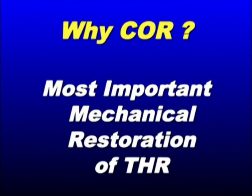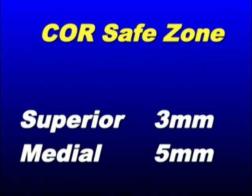The advantage with the robot over a computer is the center of rotation. And as I said at the beginning of my talk, I really think the most important mechanical restoration in hip replacement is the center of rotation. The center of rotation is so important because if we restore it, you also have a much easier time getting leg length and offset correct. You don't have to use any special devices to do it, if you can keep the center of rotation with